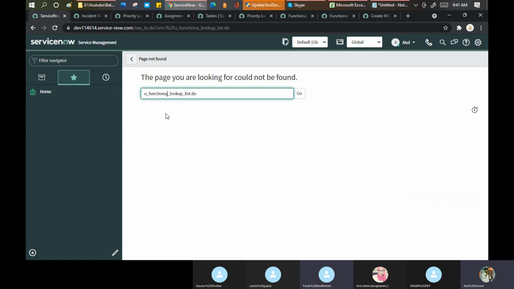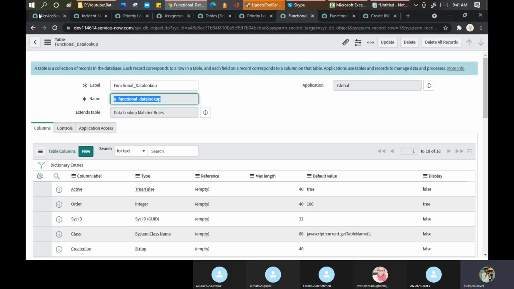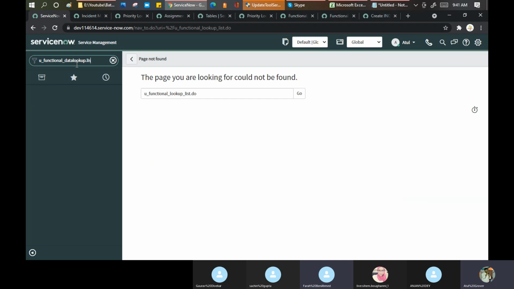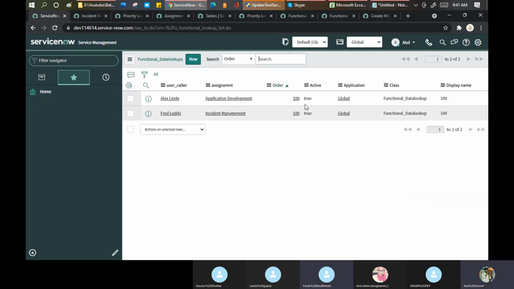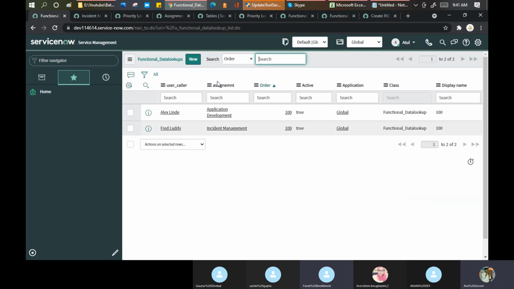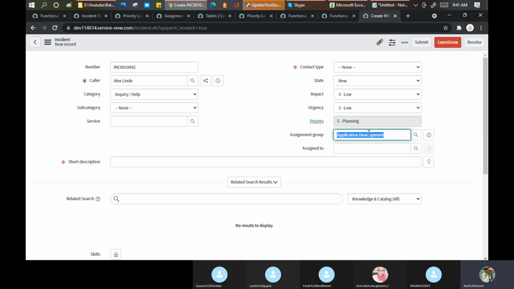Functional. You missed. Yes, I'm again making a mistake. Come on, this is C underscore functional. Achha, data lookup. I'm just putting a lookup here. Okay. Because now we put the right group. Because we are using this particular stuff on the incident table. And incident says that why you want to assign a ticket to the change management team. So this is the background validation which ServiceNow is doing.